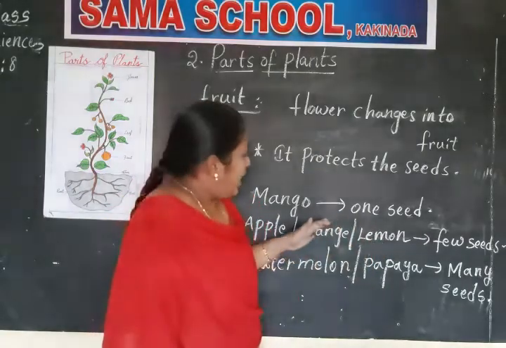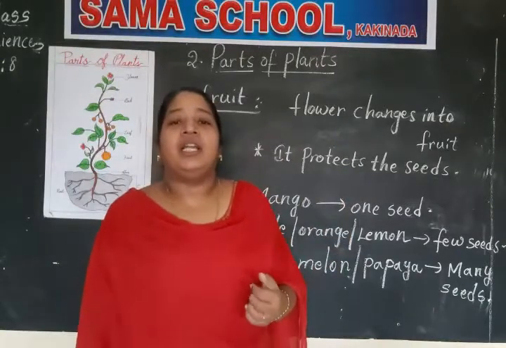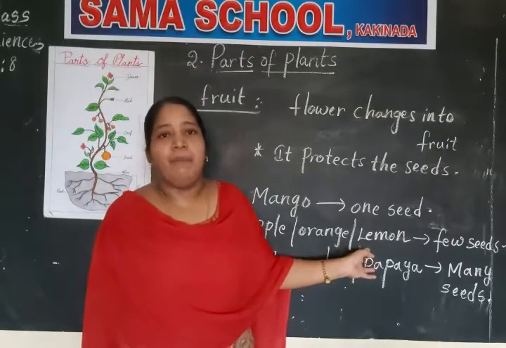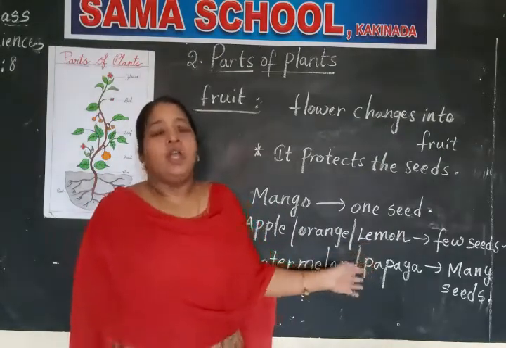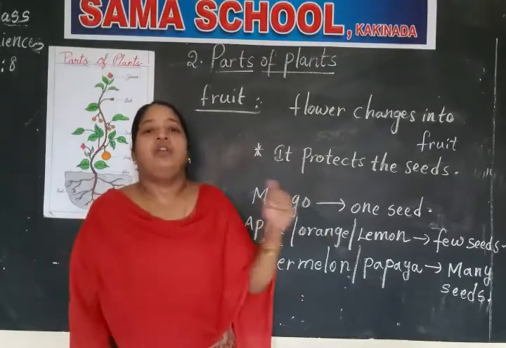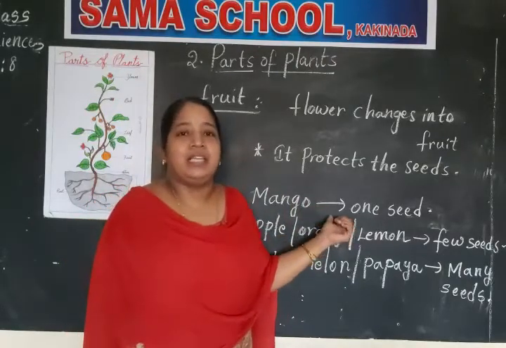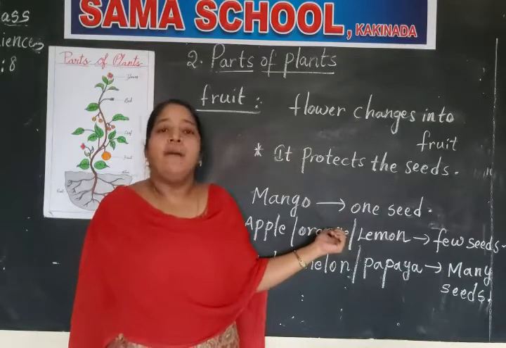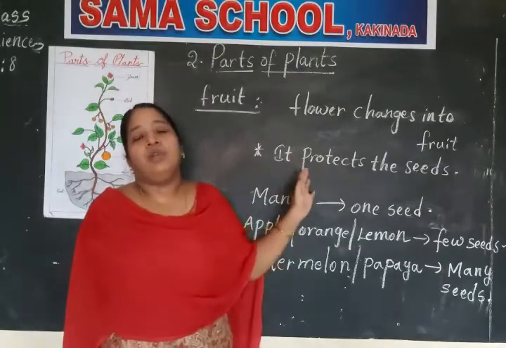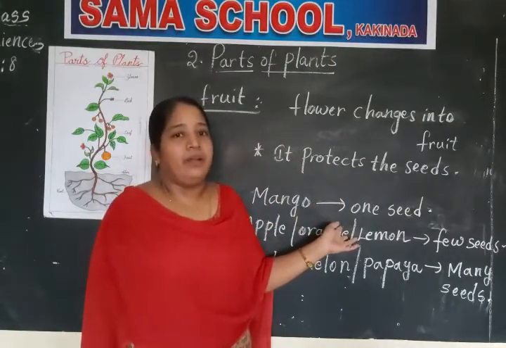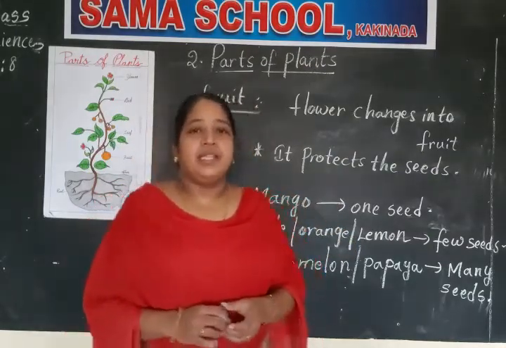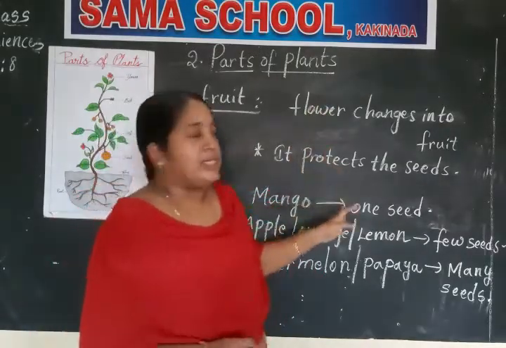Clear, children? Nowadays children are drinking a lot of soft drinks like Coca-Cola, Thums Up, 7-Up, Mirinda. It is very harmful to our body. So in place of soft drinks, if we drink a glass full of fruit juice, it is very healthy and useful to our body. Clear, children? So every day you must take one fruit or a glass full of fruit juice. It is very helpful to our body. Okay, and the next topic, the seed and the germination of seed, we will discuss in the next class. Shall I revise all the points again, children?